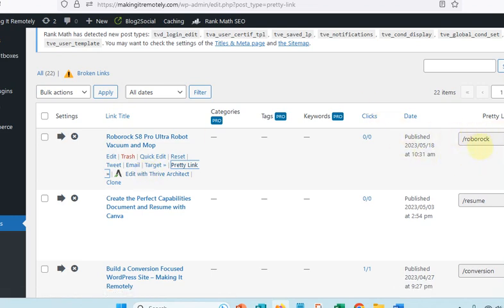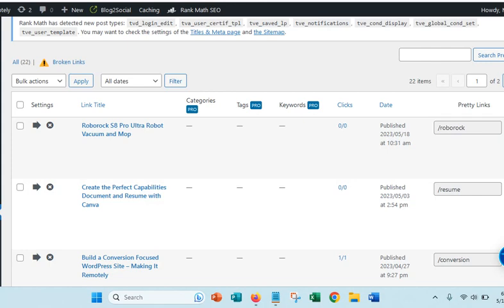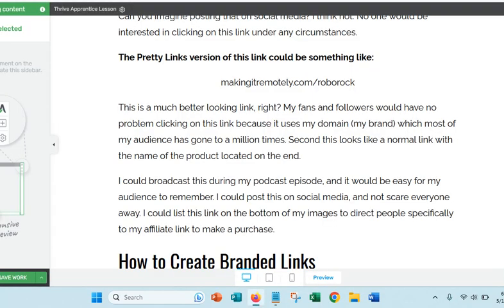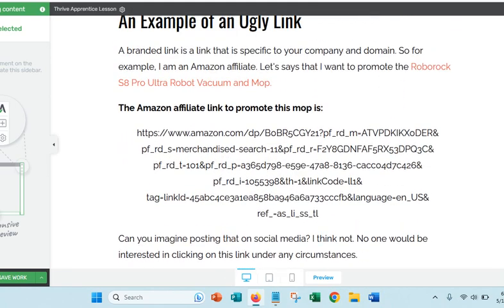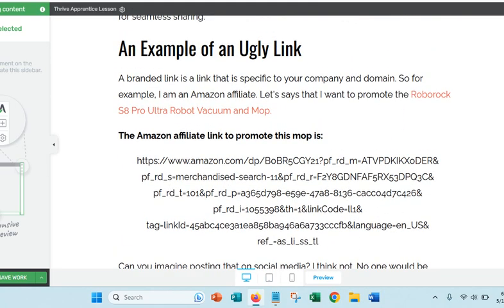And then it gives you the date. It gives you the number of times that people click on the link. So this is a really good tool, and it's really a tool that I need to use more often. But anyway, that's my demonstration of Pretty Links, and hopefully that helps you to understand the power of using this tool, because you don't want to be limited by those ugly affiliate links. You want to make sure that you get credit for your affiliate links when you're sending people out to various websites so that you can get your